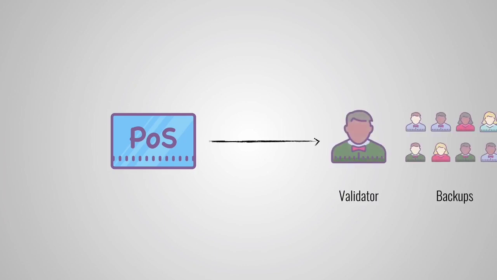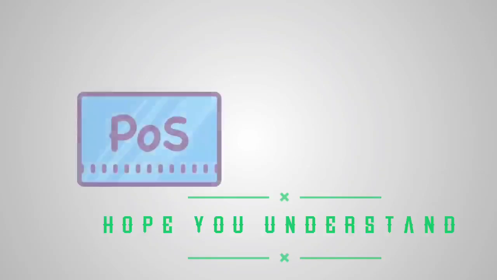Another potential problem is when the network chooses the next validator, but he doesn't turn up to do his job. This could easily be solved by choosing a large number of backup validators as a fallback. In short, alright, so now that we know what proof of stake is, what benefits it has,